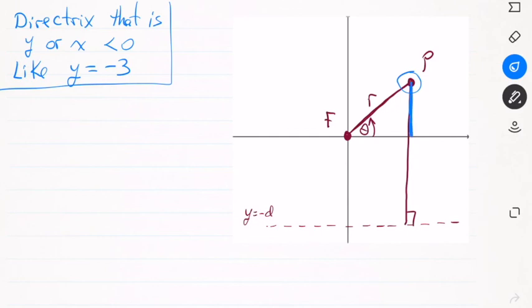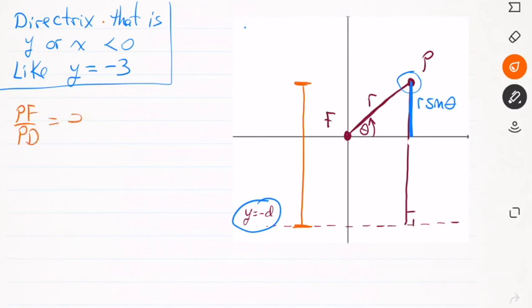All right, so this side is probably the easier one to figure out. This side is the y-coordinate of this triangle. So sine of theta is equal to y over r, so this side becomes r sine of theta. And this distance here is d, but y is equal to negative d. So for our definition of PF over PD